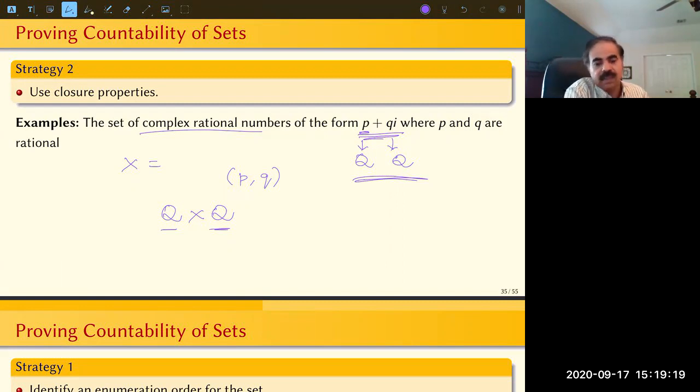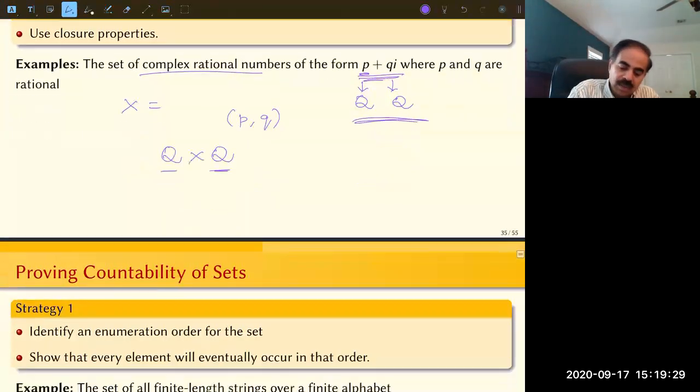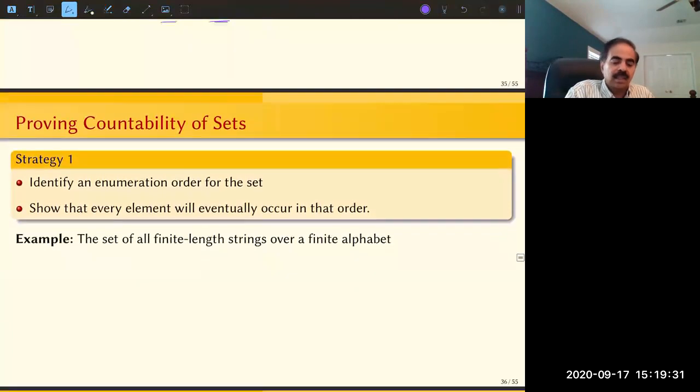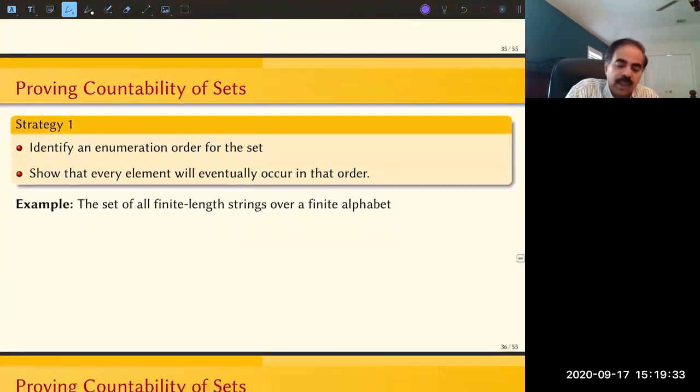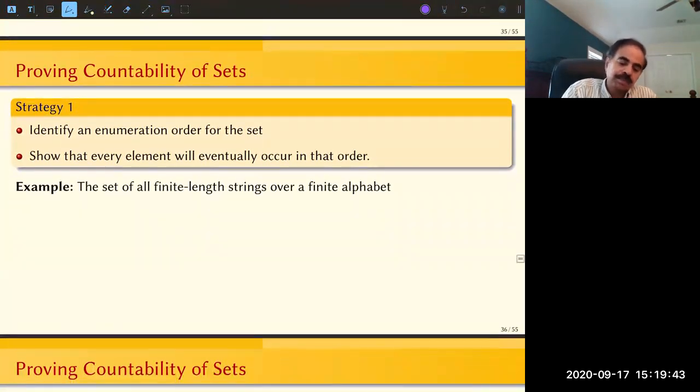So this, I guess, was the question at the beginning of the class. How do we go from countably infinite to some set that is larger? Okay, so that's the topic we briefly touched upon at the end of the last lecture, and something that we are going to spend most of today's lecture on. Okay, so